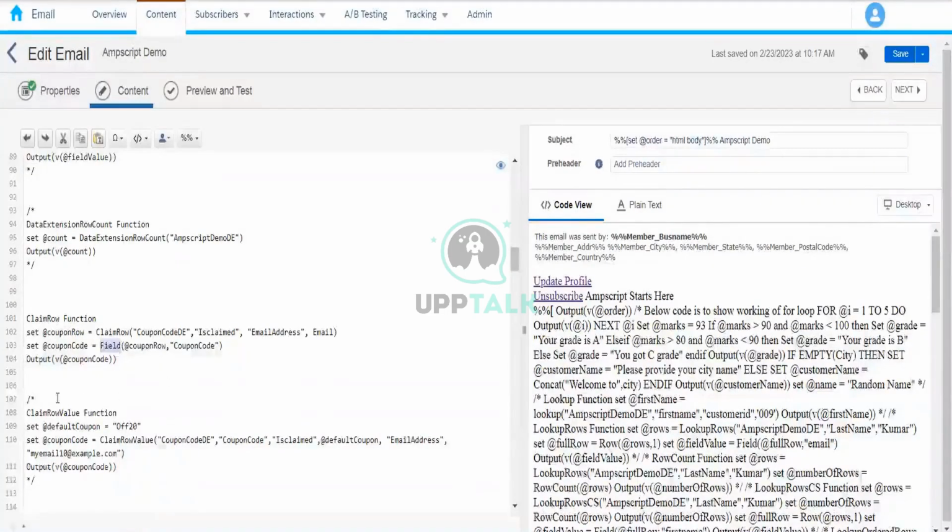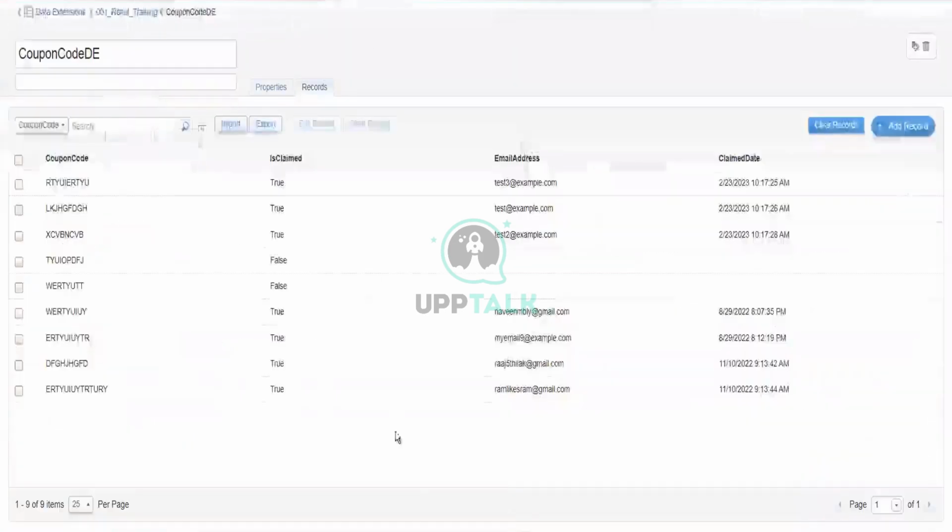But let's say what we want to do. Let's say we have this contest in which we are distributing the coupons for the first 100 customers who participate in this event. Now, anybody who would participate after that too, we also want to give them a coupon code, but that is a general coupon code. Let's say maybe 20% off, and these are the special coupon codes, and that will give them, let's say,